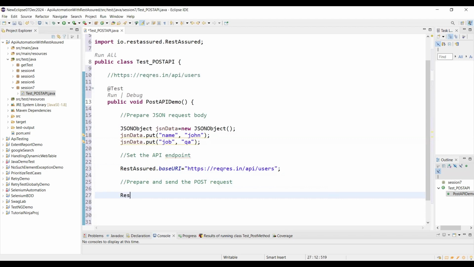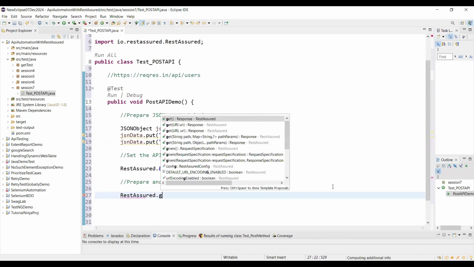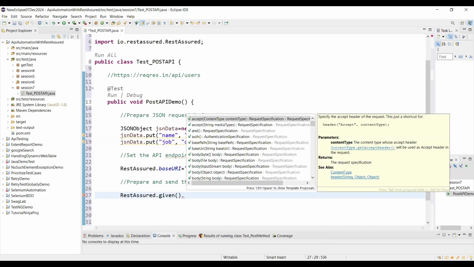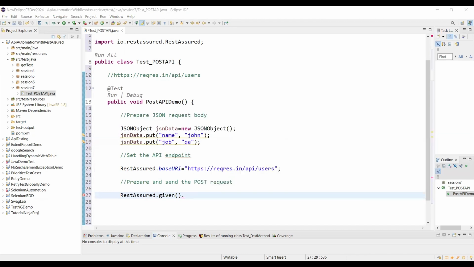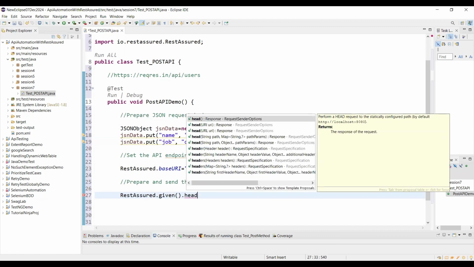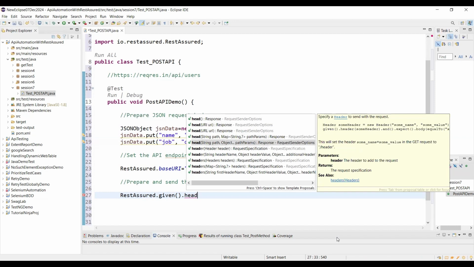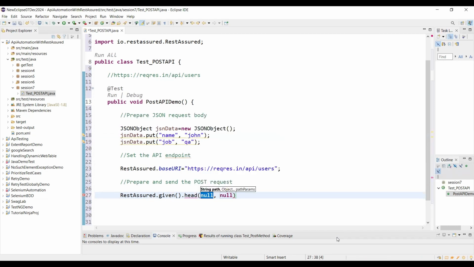So we can achieve it like this: RestAssured dot given, dot header. So we can pass into the header. Okay, so we can take this. So here we need to pass this. So in our case, for this